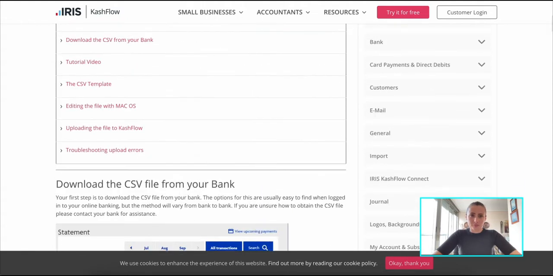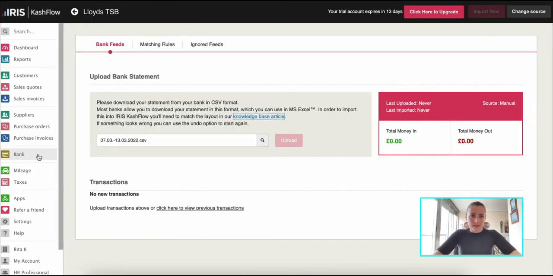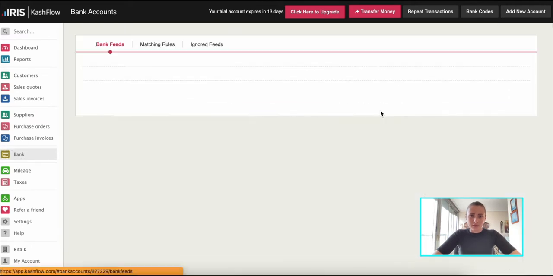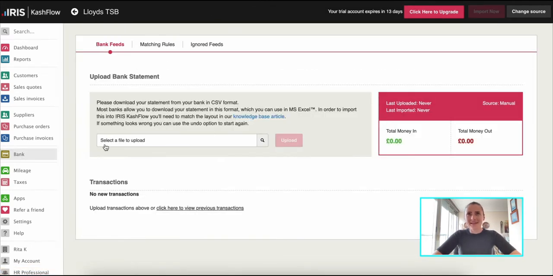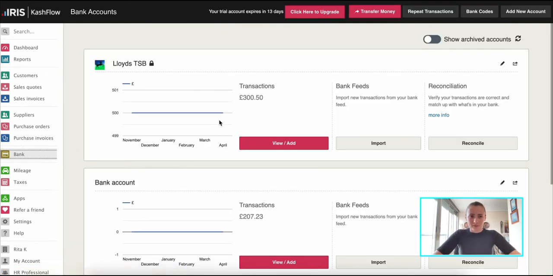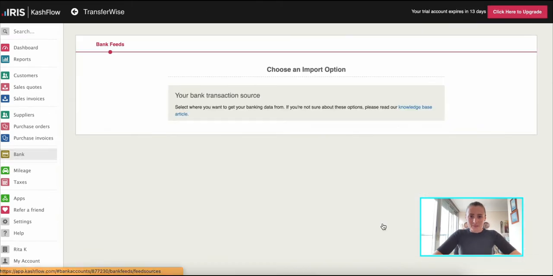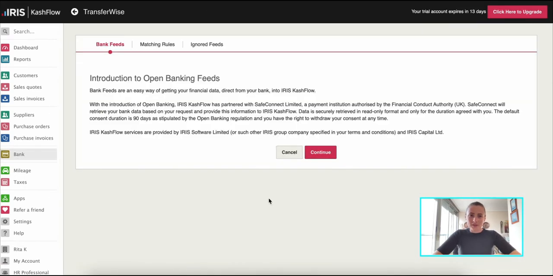So that's when we enable, what I meant is how we can enable manually uploading bank statements on KashFlow. If we decide to activate a bank feed, open bank feed, and then we are happy with this information,